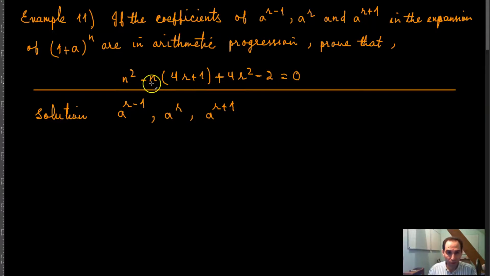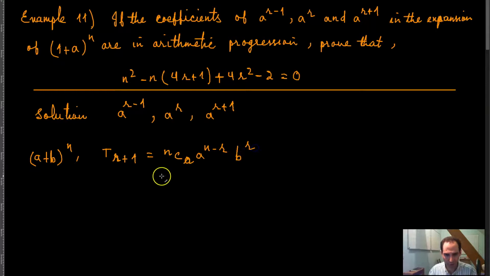Now, in the expansion of (a + b) raised to the power n, the general term, which is T of r plus 1, is equal to n combination r, a raised to the power n minus r, b raised to the power r, right? Which means that then